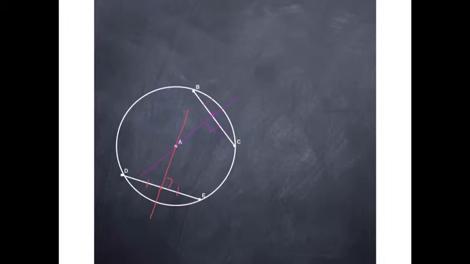we're looking at the purple line and the red line, then that perpendicular bisector will pass through the center of the circle, which makes it very easy to see that where those two lines intersect, the red perpendicular bisector of